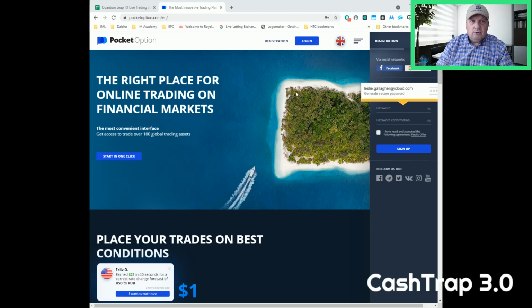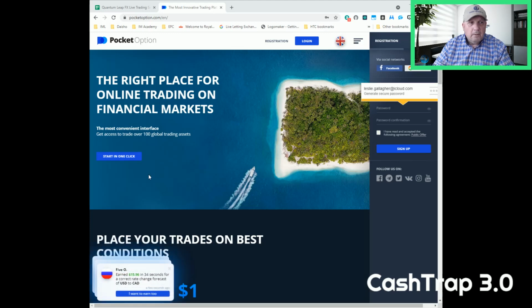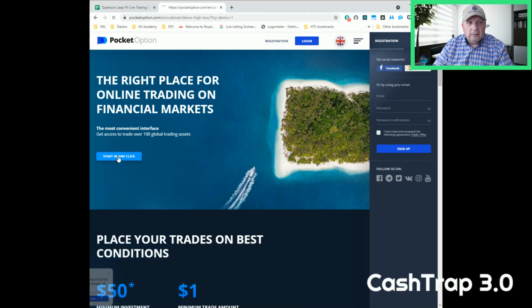Now, you do not have to register, log in or anything like that. Pocket Option recognize your IP address. They recognise mine. They know I'm in the UK, so they put a little UK flag up there. All you have to do is click on Start in one click. When you click on that,